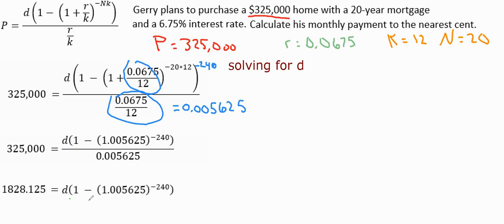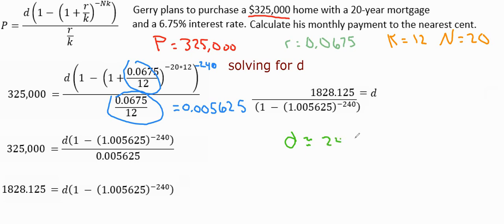And now we want to divide both sides by this long part of the equation here. And I'm not going to put this in the calculator yet because it's going to give me a really, really long decimal, and I'm going to have to round and make an error. So we're going to divide both sides by what I circled there in green. And when I put that in the calculator, I got D. It's going to be about 2471.183032. And of course, rounding that to the nearest penny is going to cost